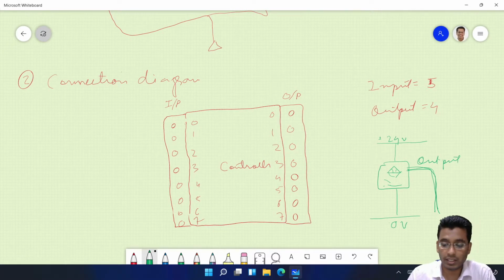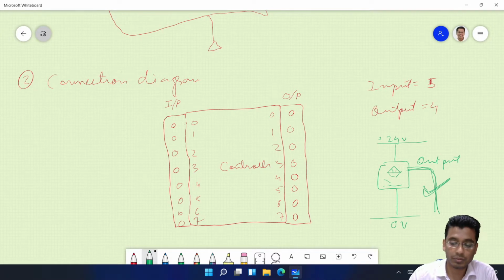So whenever it detects something in the vicinity, you get an output here, right? That output was either 24 volt or 0 volt. That means you actually had a binary output, that is a digital connection. You are only detecting whether the object is present in the vicinity or not. It is not saying how close it is.